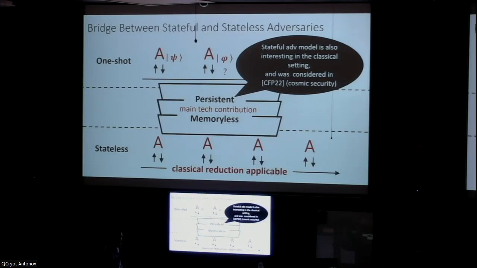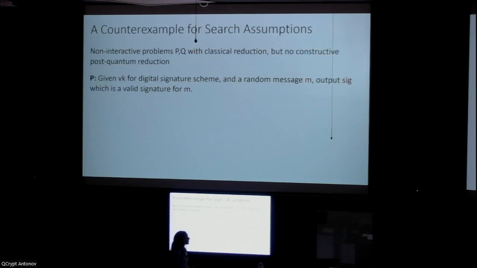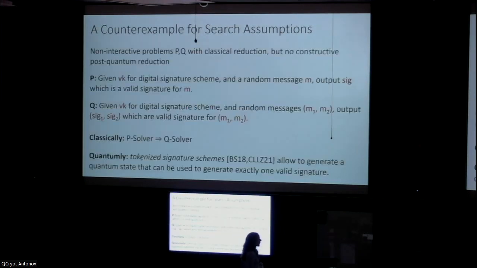It was also interesting in the classical setting to think of the adversaries, instead of fixed, as evolving with time. So they also tried to lift security to this setting of stateful adversaries, even though they did not mention the word quantum, nor was it their goal. Okay, I'll skip the counterexample for search, but there's a quantum